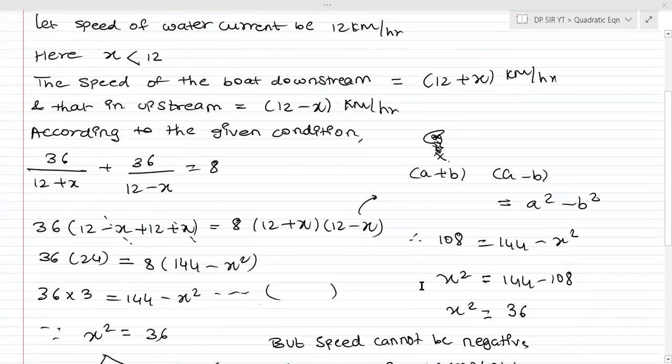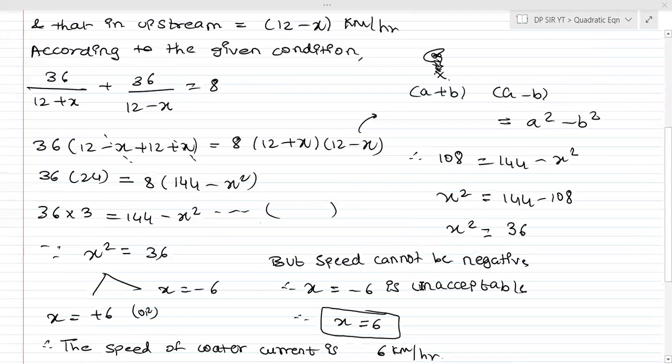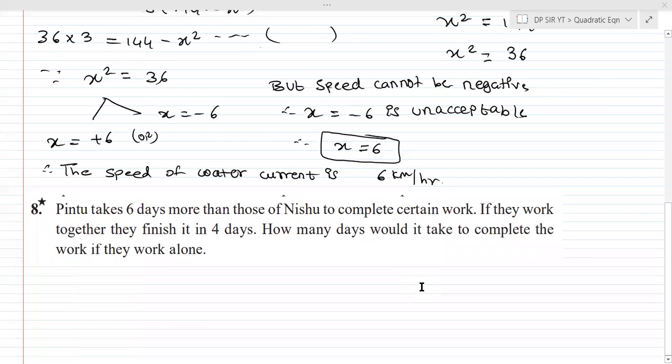And we'll start. I don't know mathematics textbook. Just like P letter a lot. पहला प्रतीक आया, फिर पिंटू आया. उसके पहला फर्स्ट क्वेश्चन में कौन था वो? प्रगति थी. So I guess P is the favorite letter of your textbook. Anyways, so Pintu takes 6 days more than those of Nishu. Oh my God, Pintu and Nishu, so sweet.